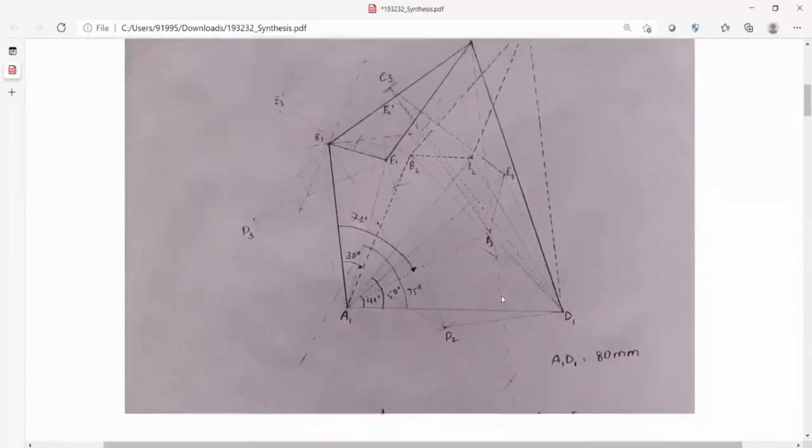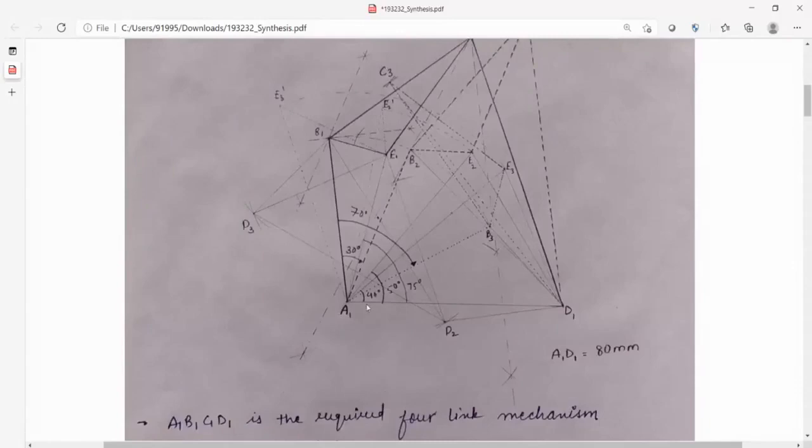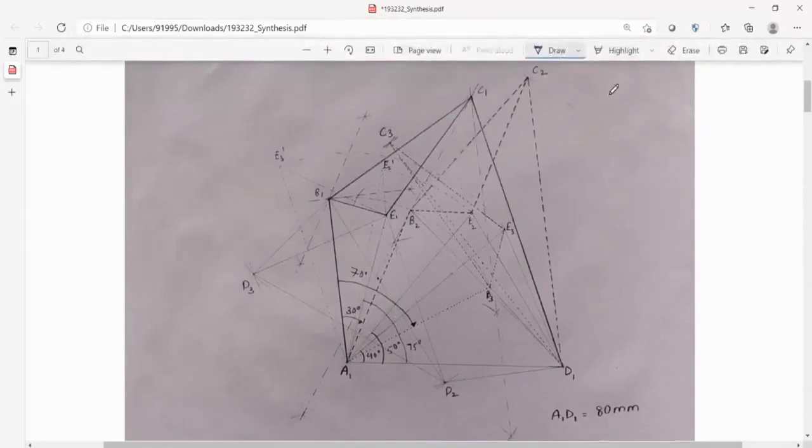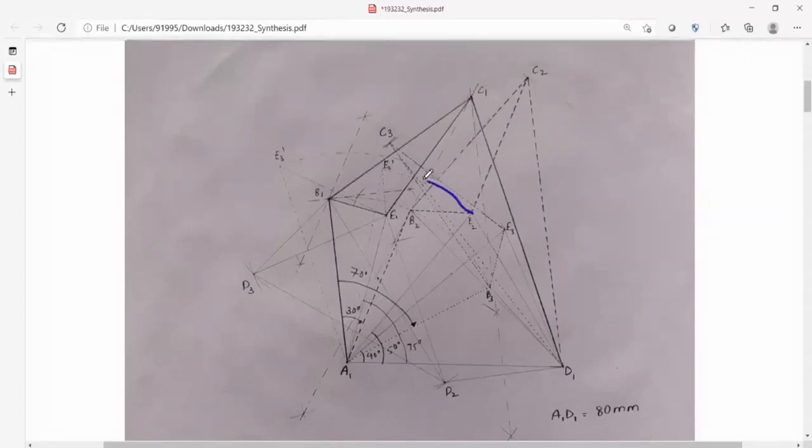So now we begin with taking point A1 as our pivot point. So using this point, we are going to locate the three coupler points. These are E1, E2 and E3 at an angle of 40 degree, 50 degree and 75 degrees. So now we are going to rotate line A1, E2 by an angle of 30 degree to a new position E2 dash, and similarly A1, E3 by an angle of 70 degree in counterclockwise direction. So we got 2 points E2 dash and E3 dash.